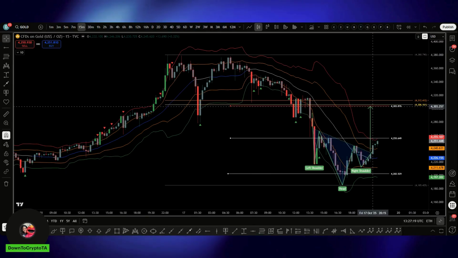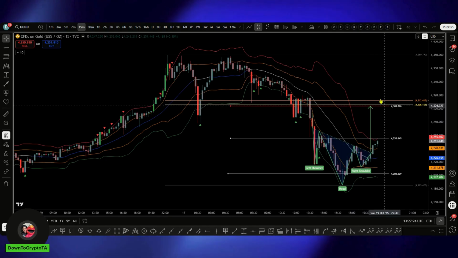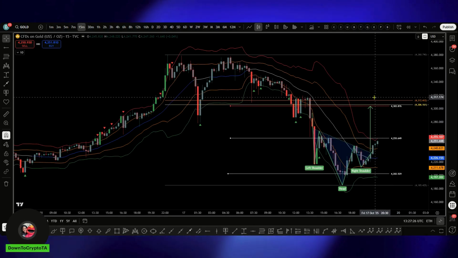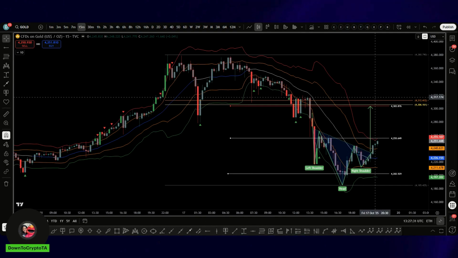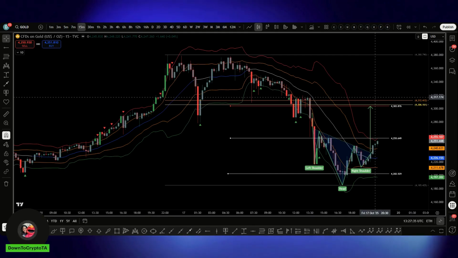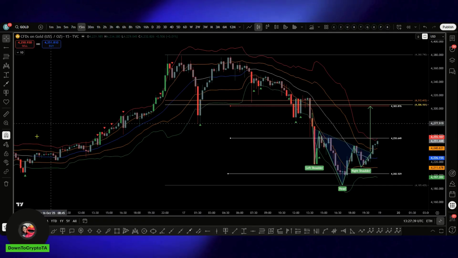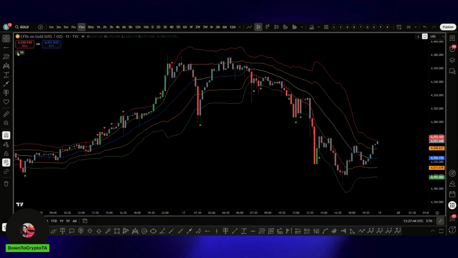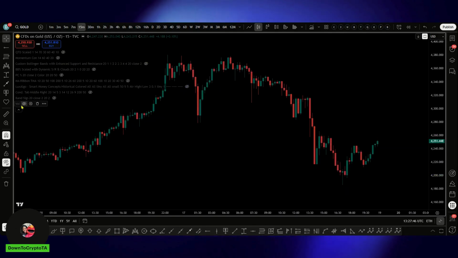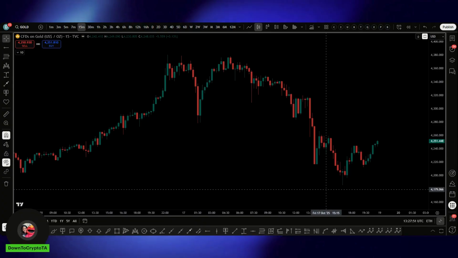Okay, so to wrap things up, if gold price breaks above this golden pocket, then there's going to be a chance that we see gold's price back at the highs, even continuing that move further up. It is still trading inside of the standard deviation 1 on the daily Bollinger Band, showing sustained momentum. Watch the levels that I mentioned here, and that's pretty much going to sum things up.